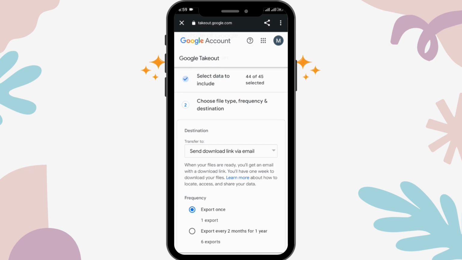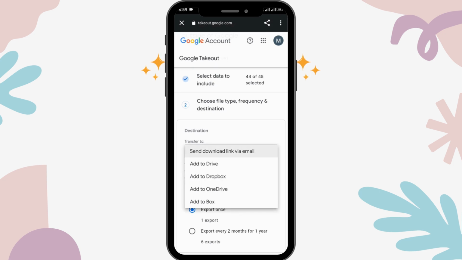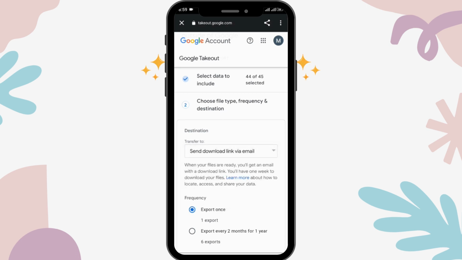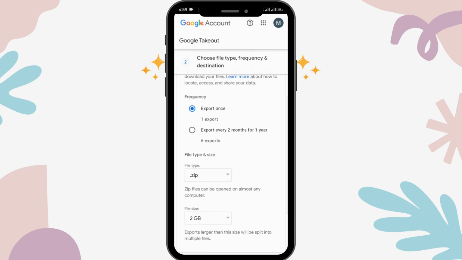and in this section you have to select where you want to receive the link of the files. So you have to simply tap on the drop down over here and select whether you want to add to Drive, Dropbox, OneDrive or Box. You can also select sending the download link via email. You can select any of your preferred ones,